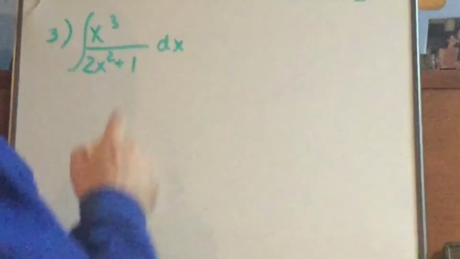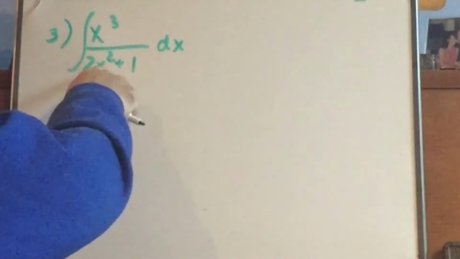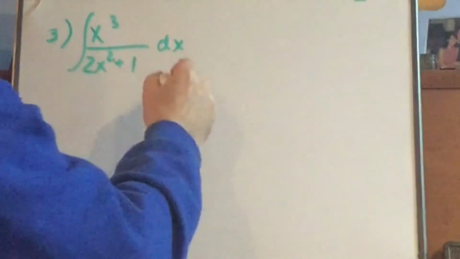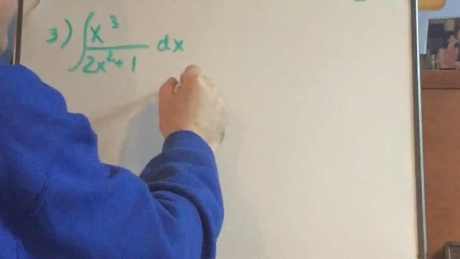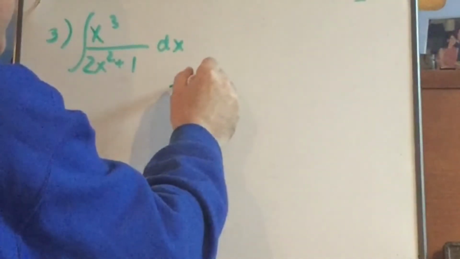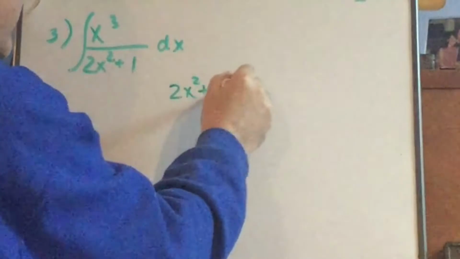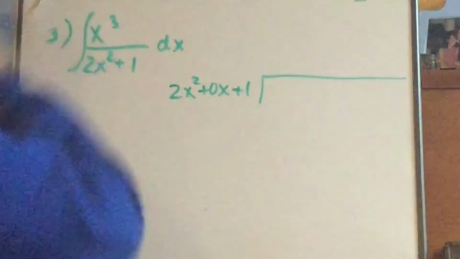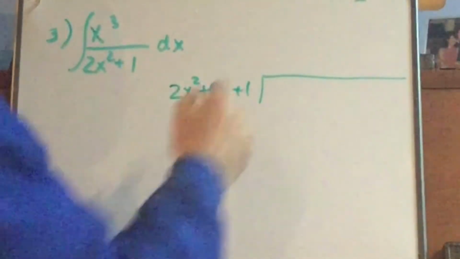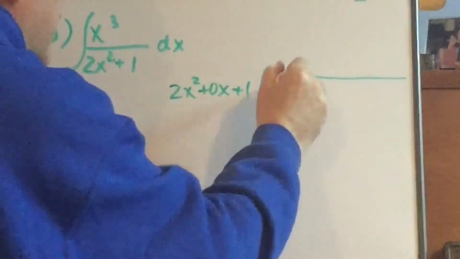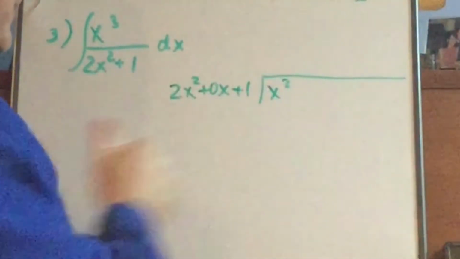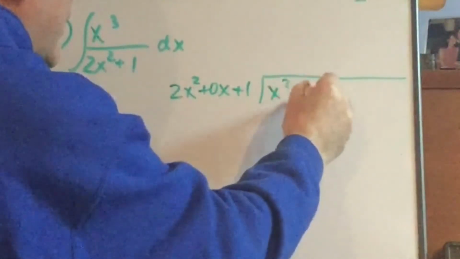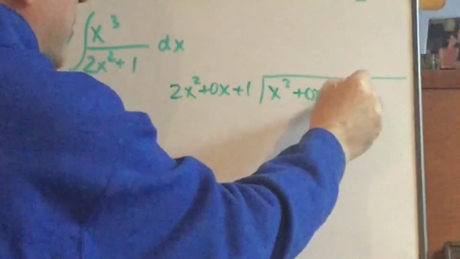And let me explain. The bottom polynomial has an x squared term, but it's missing an x term. So I'm going to write the bottom polynomial as 2x squared plus 0x plus 1. The polynomial in the numerator is just an x cubed, but I'm going to also put in the ones that are missing as I count my way down to a constant. I'm going to put plus 0x squared plus 0x